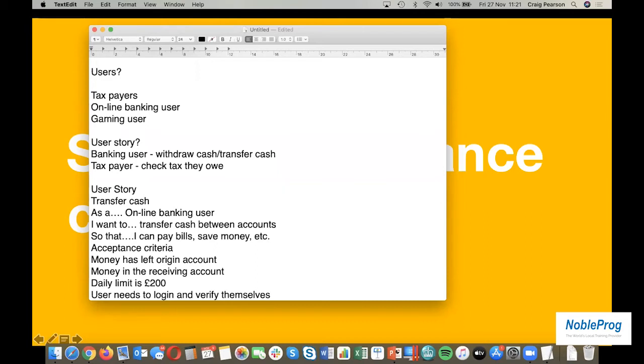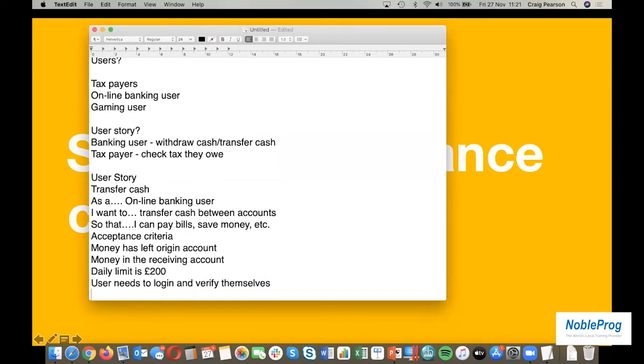Has it exceeded the limit or not? We could obviously validate that. And obviously we could validate that the user has logged in. So, okay, quite quickly, in the space of what, 15 minutes there, we've walked through a typical scenario that's